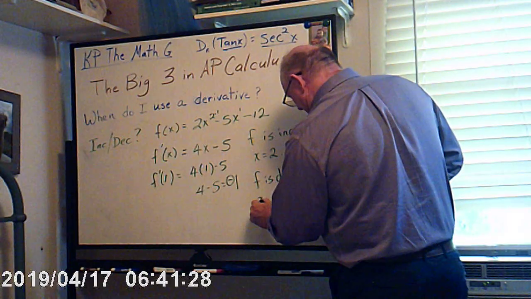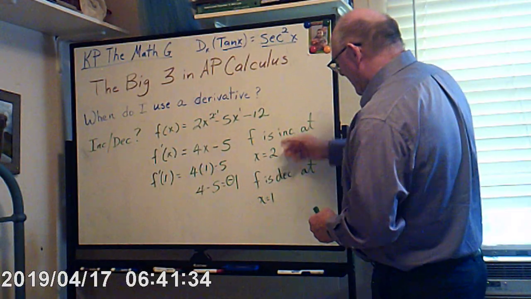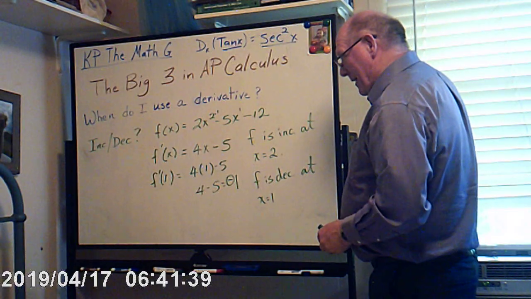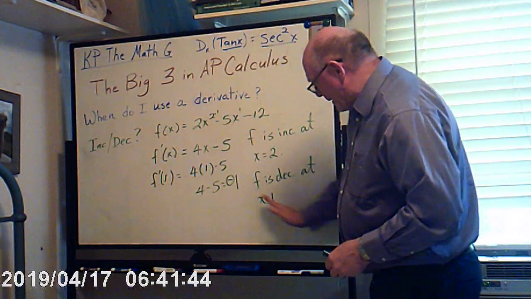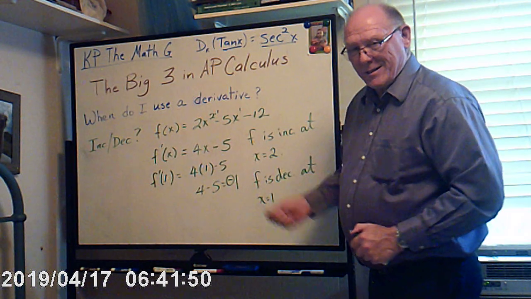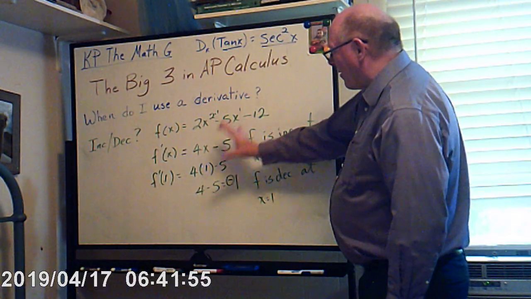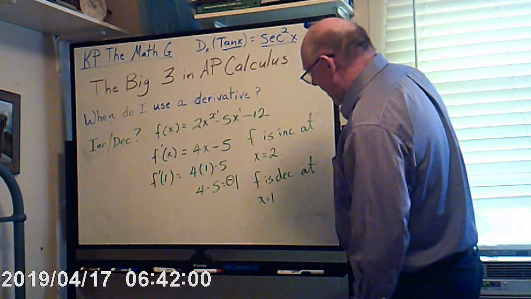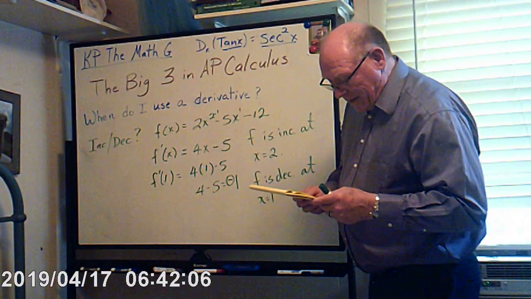at x equals 1. So somewhere between 1 and 2, there is a vertex, because it's decreasing at x equals 1, but increasing all of a sudden at x equals 2. Alright, we're not going to go into all that increasing and decreasing, but that's one way. Okay, and we also talked about the slope and so on, but let's look at,